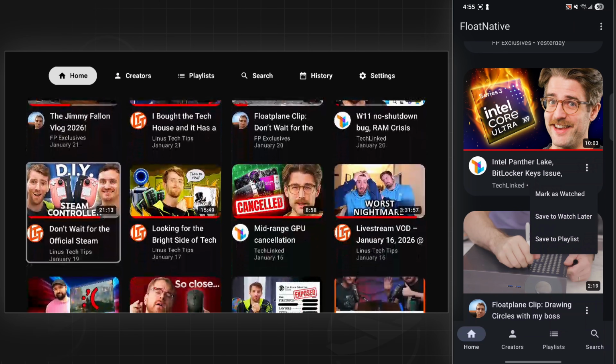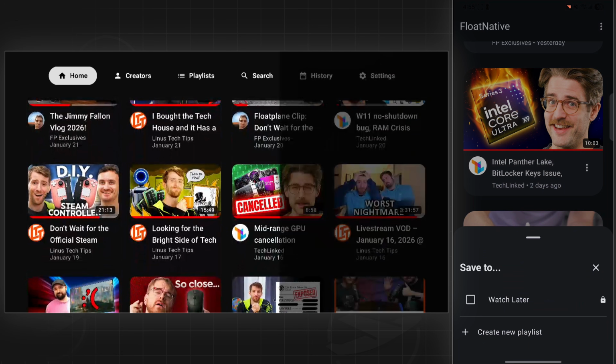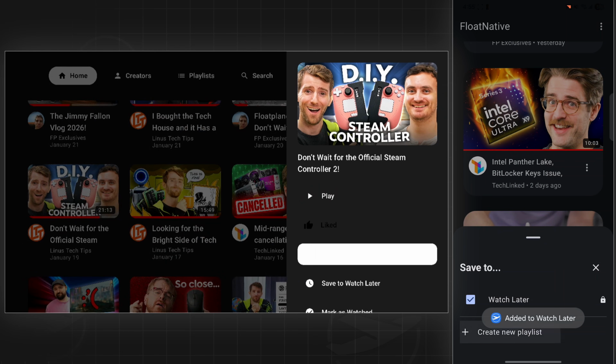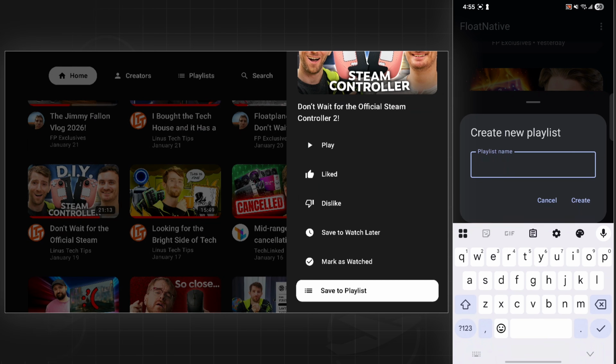And so the phone and TV versions both have live support, and yes, I do plan to backport that to the iOS version as well, but at this current time, the Android version is ahead. A nice gift to the many Android bros, I'm sure, in the audience, and don't worry, I'm one of them